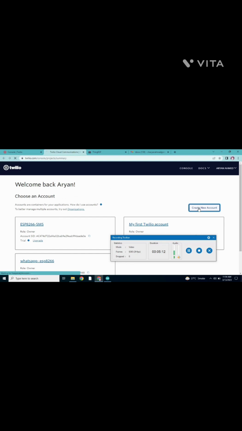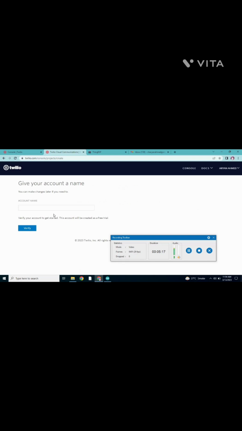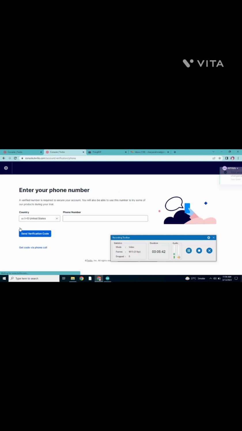Let's create a new account. For example, here you put your account name. This time you can put any name. I put the account name same as NodeMCU. Verify. Although NodeMCU is not of interest here, I will still give you a demo. Once you do that, here you put your phone number and you put your country,